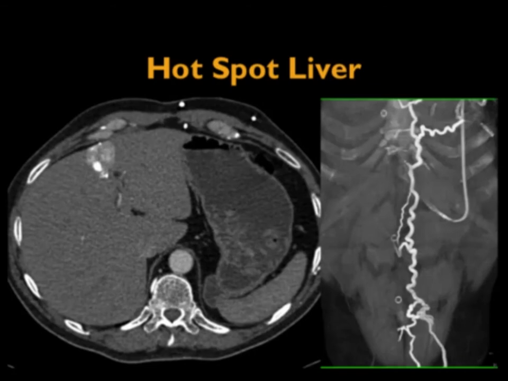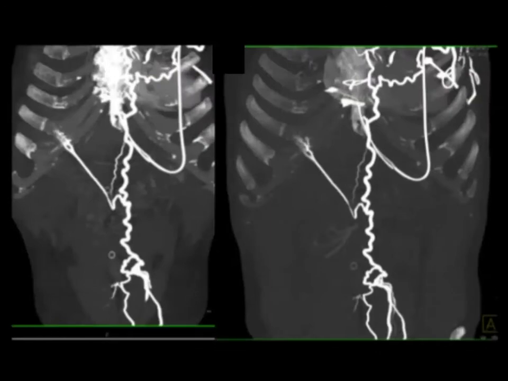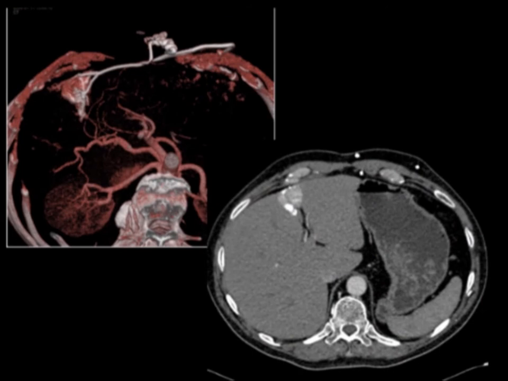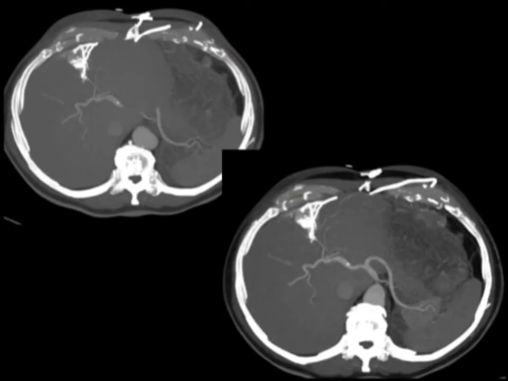Another thing we can see, you see this enhancing lesion in the liver and you say, what is it? You can give all sorts of possibilities, but the location is critical. When you look at the 3D reconstructions, you can see the collateral vessels in the patient's abdominal wall. You can see that one of those collaterals, which comes down and comes off a branch of the internal mammary, is feeding the lesion. And that's the classic hot spot in the liver. When you have SVC occlusion, patients get collaterals going through the internal mammaries, for example. This drains to the diaphragm and then gives you that hot spot in the liver. Again, the key is not to confuse it with a tumor.